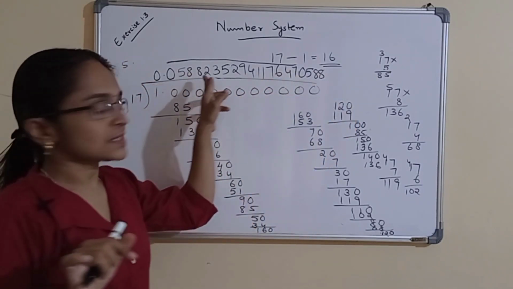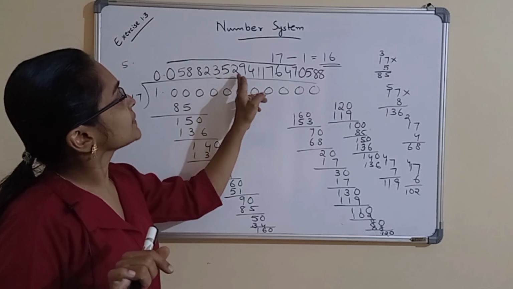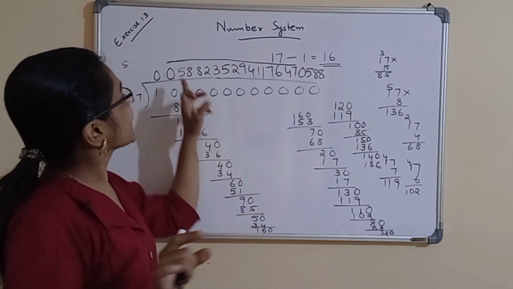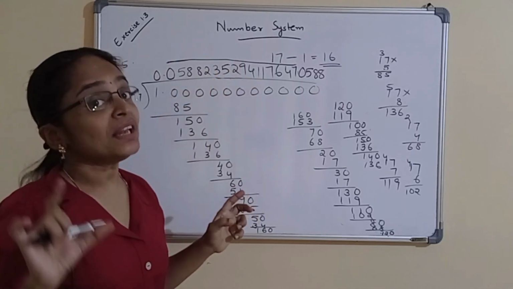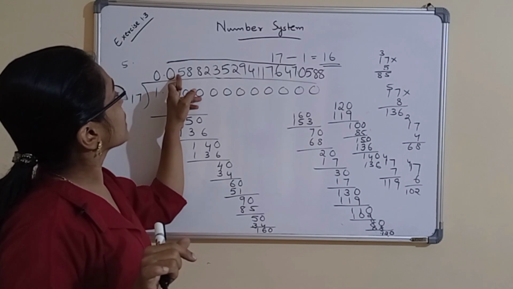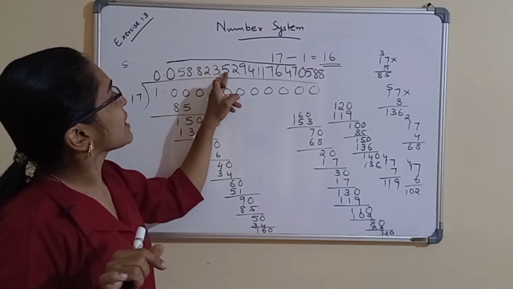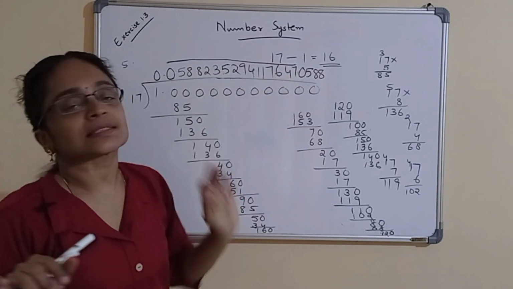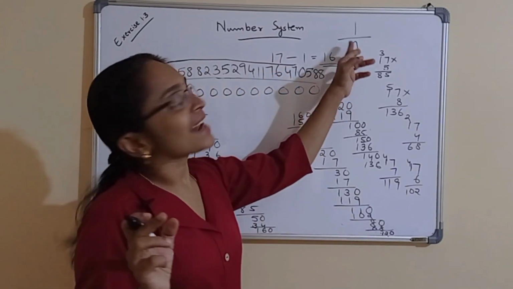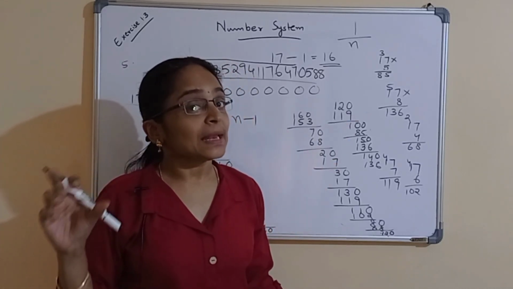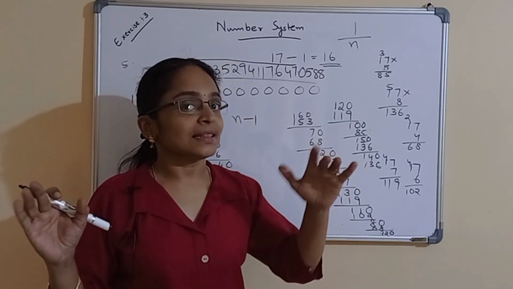It will be 0, 5, 8, 8, 2, 3, 5, 2, 9, 4, 1, 1, 7, 6, 4, 7. This will repeat. That is, these 16 digits will repeat after this process. So we'll get 1, 2, 3, 4, 5, 6, 7, 8, 9, 10, 11, 12, 13, 14, 15, 16. So if a rational number is 1 by n, it can have maximum n minus 1 digits in the repeating